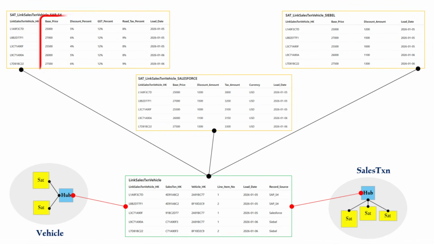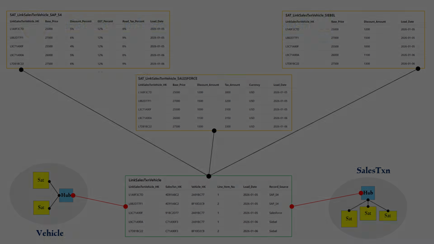If you look carefully, these values don't belong only to the transaction or only to the vehicle. They belong to the combination of both. So in this case, we store these details in a satellite attached to the link. The next interesting question is, how do we decide the number of satellites? It mainly depends on how different source systems provide the data. For example, one system may send percentage-based discounts and taxes, another system may send exact amounts instead of percentage, and a third system may provide only partial pricing details. To handle this cleanly, we can split the data into multiple satellites, so each format is stored safely without forcing